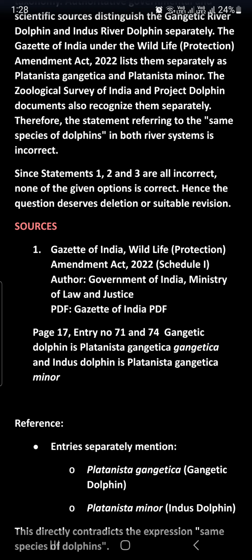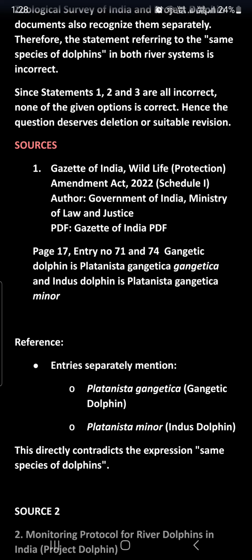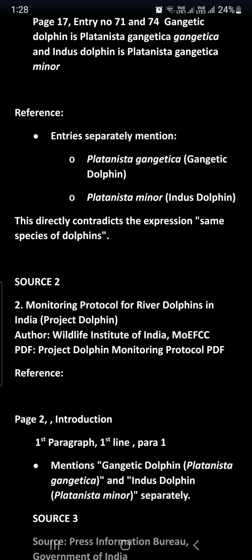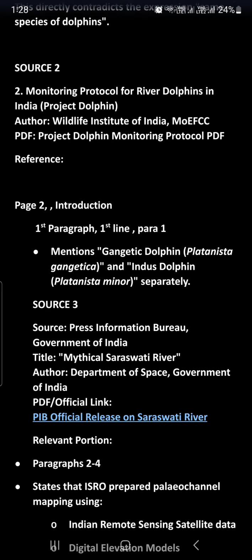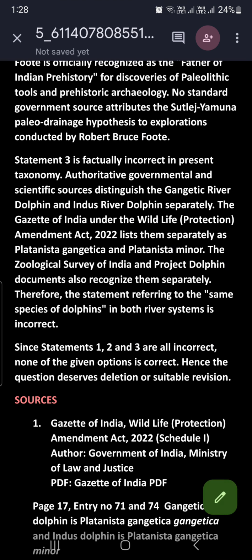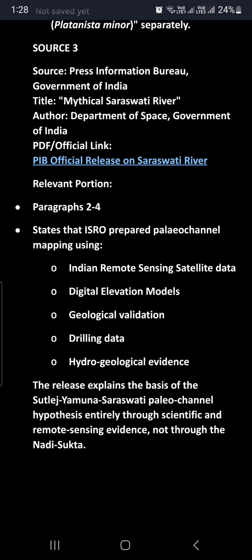For that we are citing the Wildlife Protection Amendment Act, and we are putting a PDF of 1 MB of the same. Similarly, Project Dolphin also states that Gangetic dolphin and Indus dolphin are separate species, not the same species, which was mentioned in option 3. And the third source is about